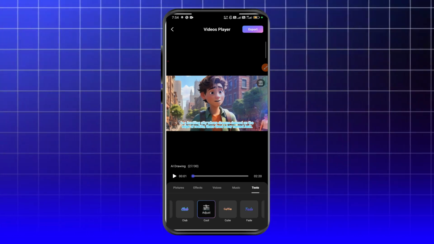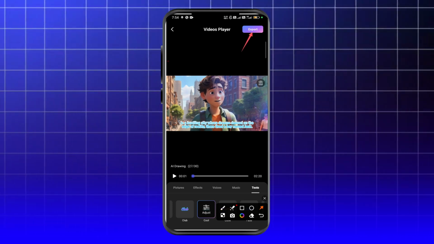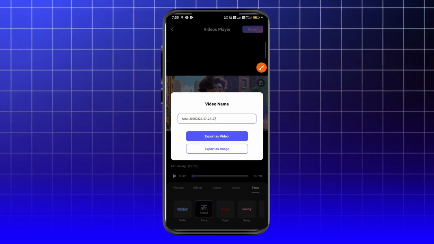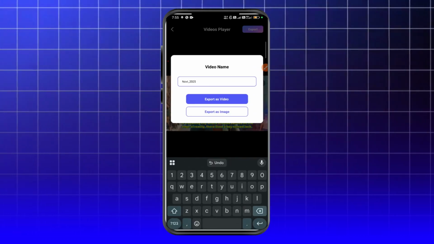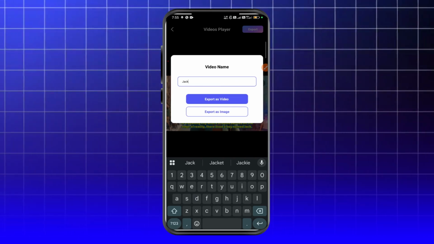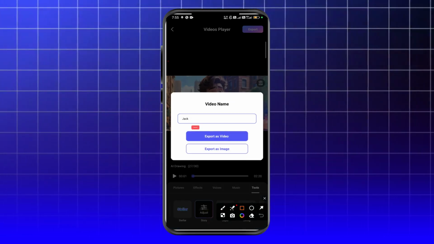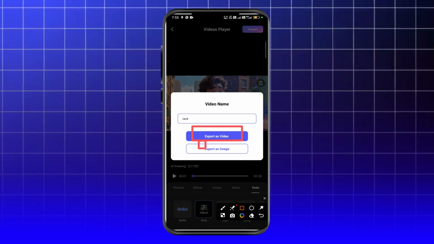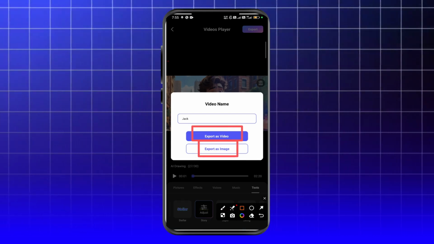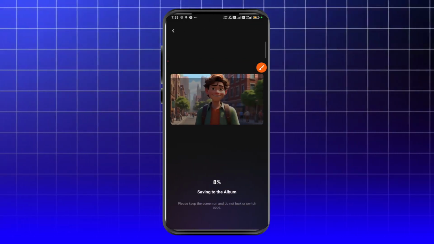ready to be exported. Then if you are satisfied with everything, you go up here and tap on this export option. Once you tap on this export option, you'll be able to give your video a name. So for this video, let's call it Jack, and once it's been named, you can tap on export. You can export this as video, or you can also export the AI images. Now we are going to export as video, and once you export as video, it's going to be exported to